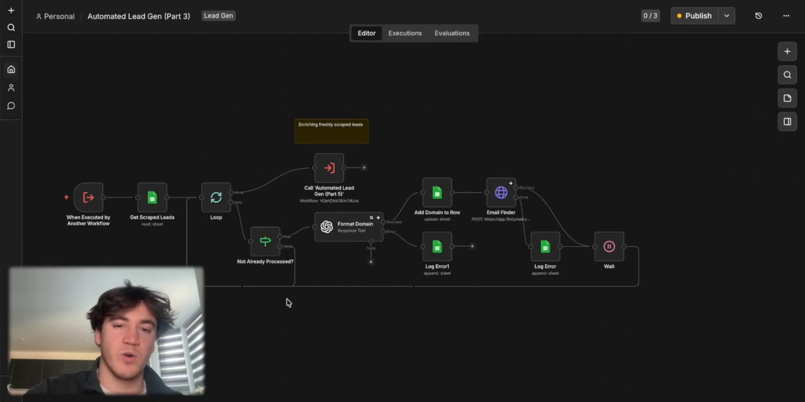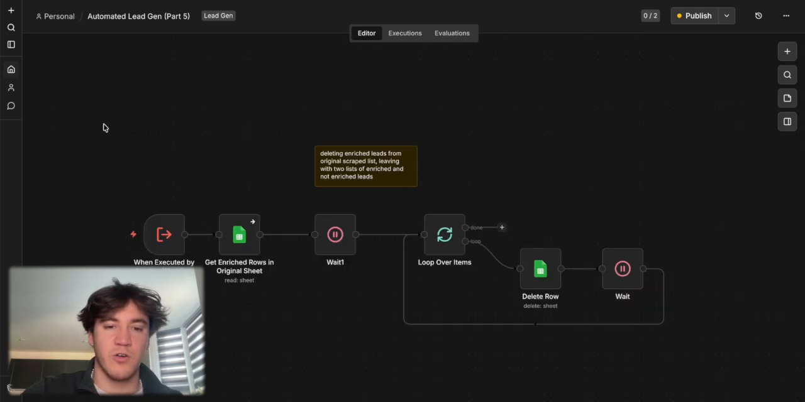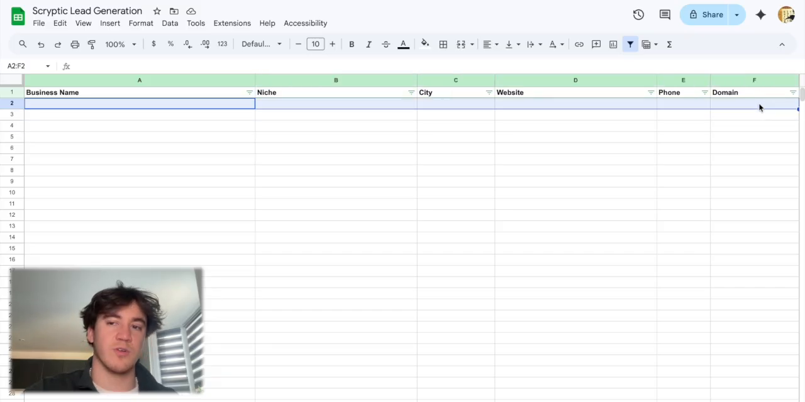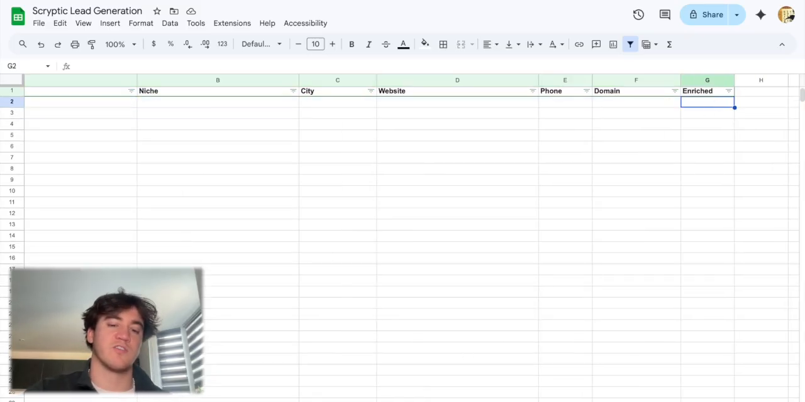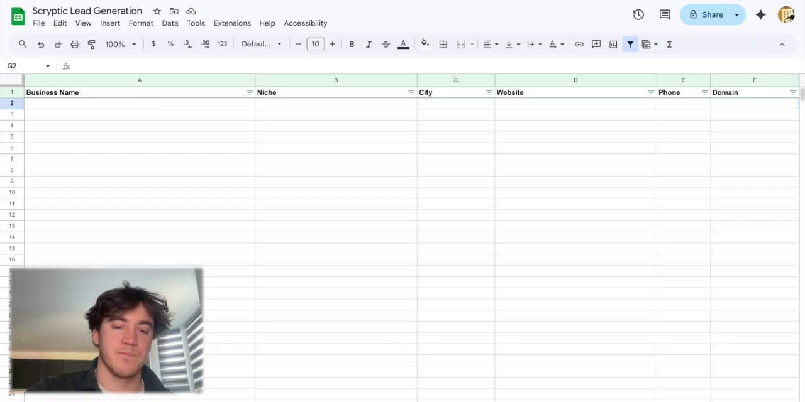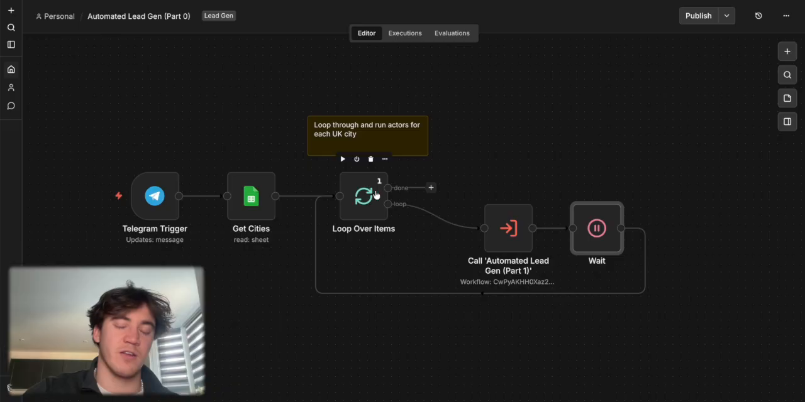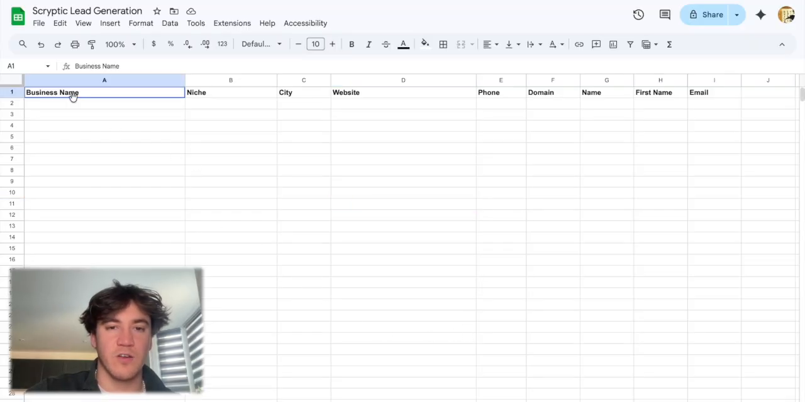And essentially, once we've gone through this for every lead and enriched, or tried to enrich all of them, then we call the last workflow here, which goes round and deletes all of the leads in this original list where the enriched equals true. So essentially what we're left with is, for the niche and the city, or all of the cities, if currently we're just limiting this to the first city, but this will run for all of them in the list. What we're left with is, per niche, a list of enriched leads here,